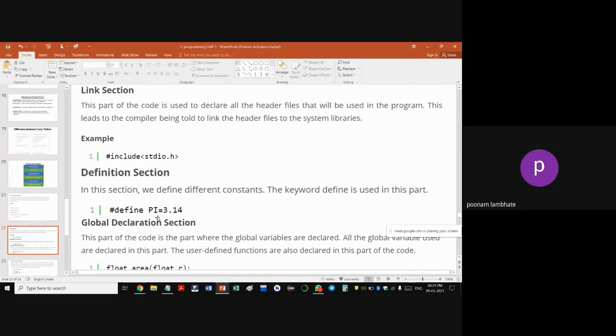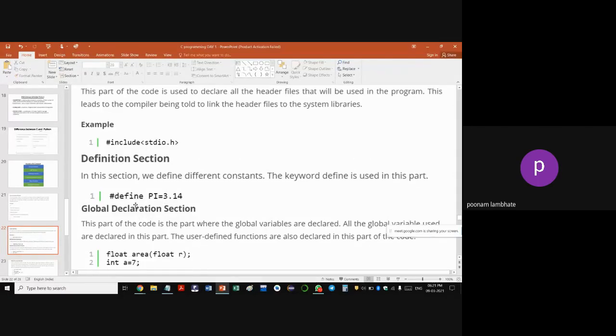This way you can define your constants and use them in your program. Then there are other constants like speed of light, or whichever constants your program requires. You write #define, the name of the variable, and then 3.14.